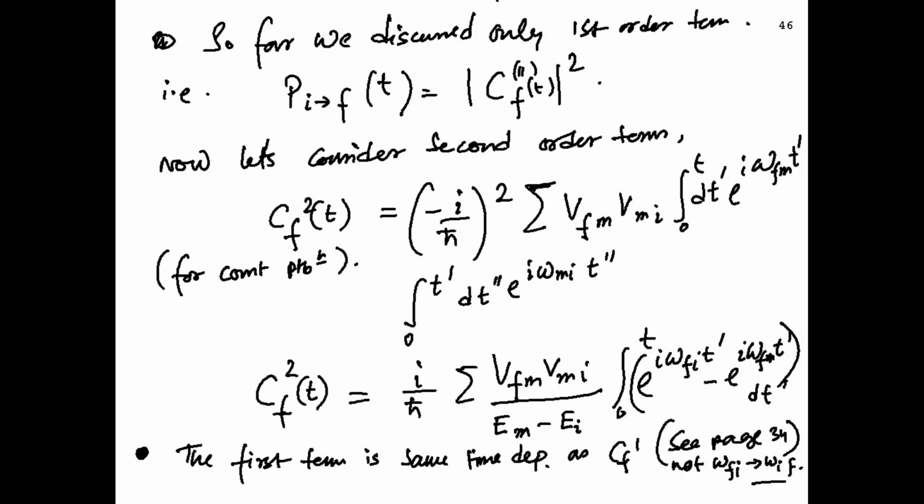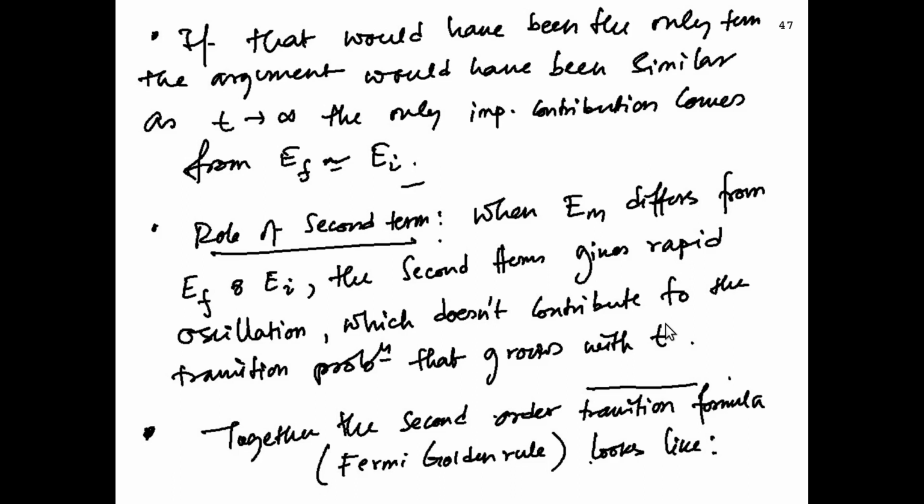So now, because the first term has similarity with the first order perturbation theory, the time dependent part has similarity with first order perturbation theory, and we could have the same interpretation as the time going to infinity, that is, how the time dependence of this problem behaves when you go to t equal to infinity. That is exactly the same as what we discussed within the first order time dependent perturbation theory.